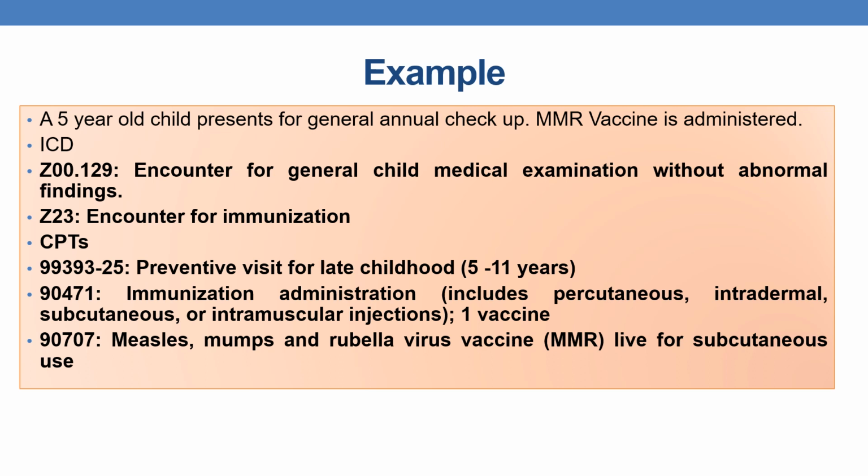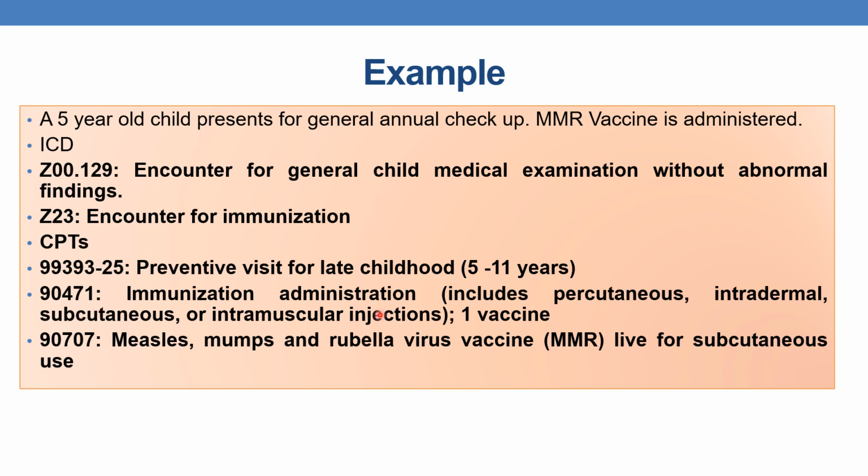Coming to the CPTs, first you need to code preventive medicine CPT, that is 99393. Here the patient is an established patient, along with 25 modifier. 99393 indicates preventive visit for established patient, late childhood, that is 5 to 11 years. Here the age is 5 years. So 99393 followed by two codes for vaccine. The first is the admin code